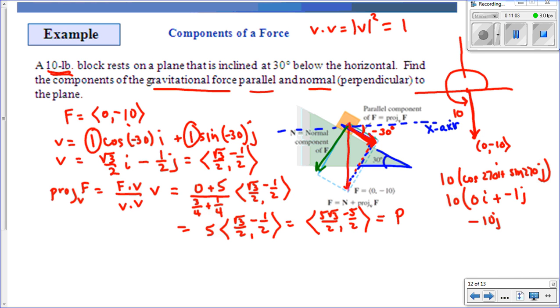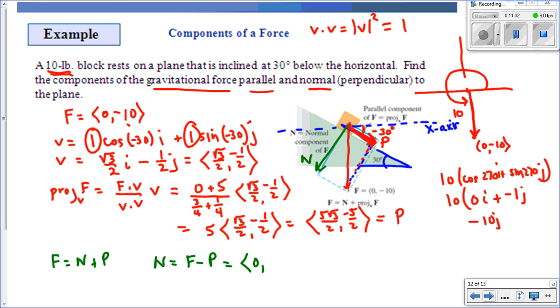It needs to be perpendicular to P. Now notice that F is equal to N plus P. Remember how you add two vectors. That means if we're looking for N, it will just be F minus P,